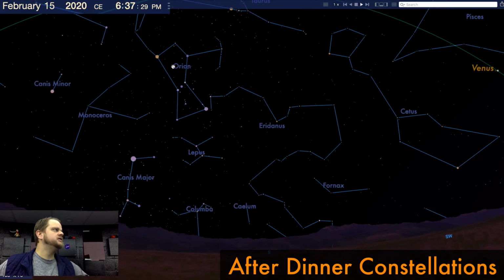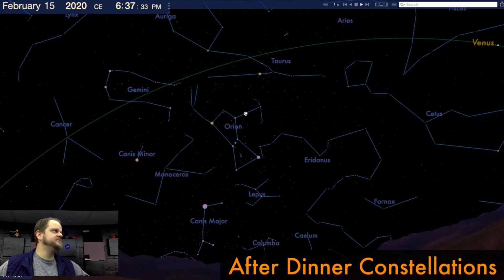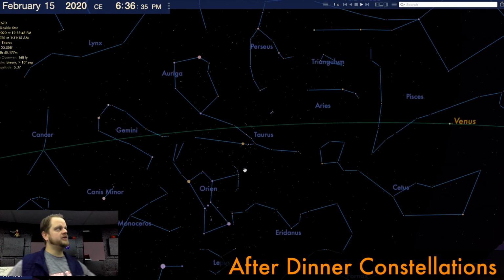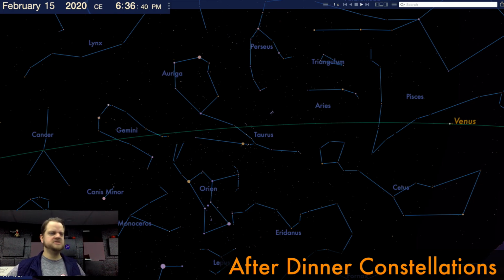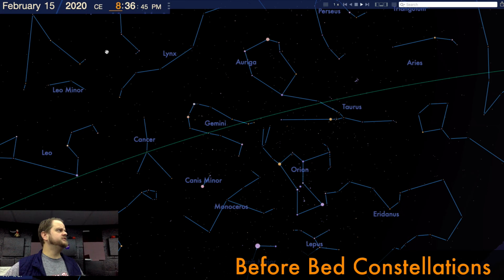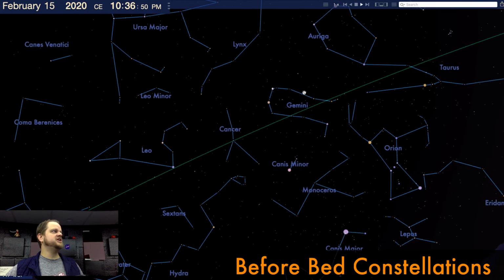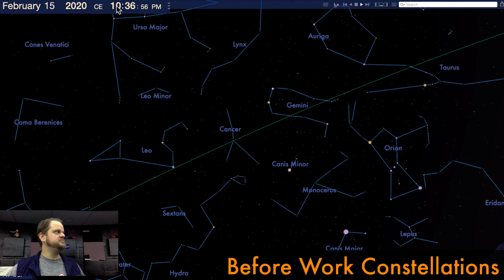Okay. There are some other ones we could go through, but I don't want to go too in depth. Just remember Gemini and Auriga are up above those. So let's move ahead and take a look and see what could we see before bed. So let's go to 10:30, and you should be able to see, let's see, Gemini and Auriga, maybe Cancer up there. But let's move ahead and talk about the morning right before work. Let's go ahead to